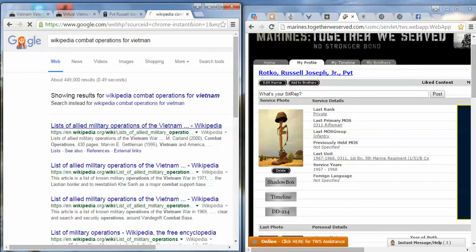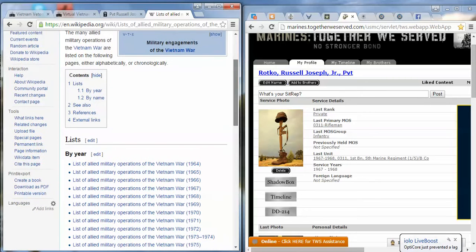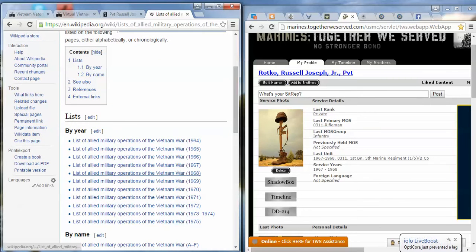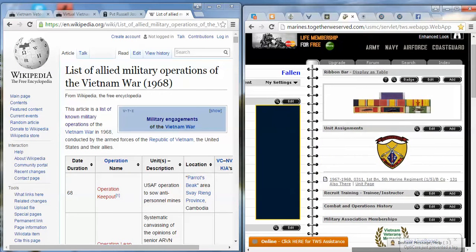Helps if I can spell. And you can search by year. And this would be 1968. And if you go and grab his unit, he was with the 1-5.